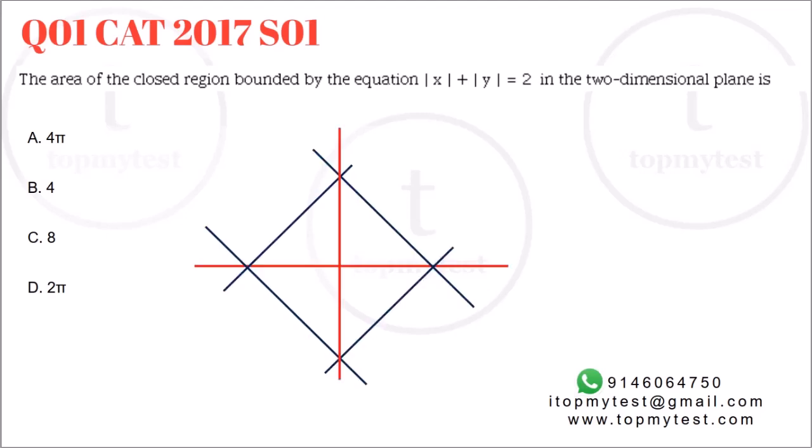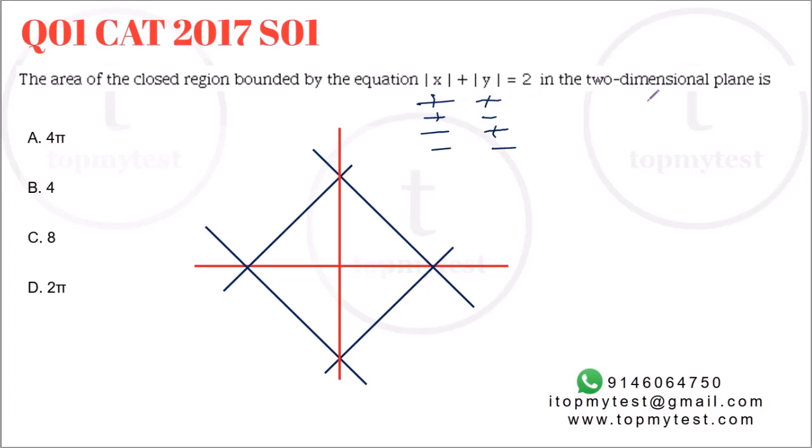Okay, so if you were to draw the graph, the best part about modulus is that you'll have symmetric sort of graphs. So you'll have four lines over here. One case where x is positive, y is positive. Another case where x is positive, y is negative. Third case when x is negative, y is positive. And a fourth case where both of them are negative. So let's draw this one a little slowly so that this can be used for future questions as well.